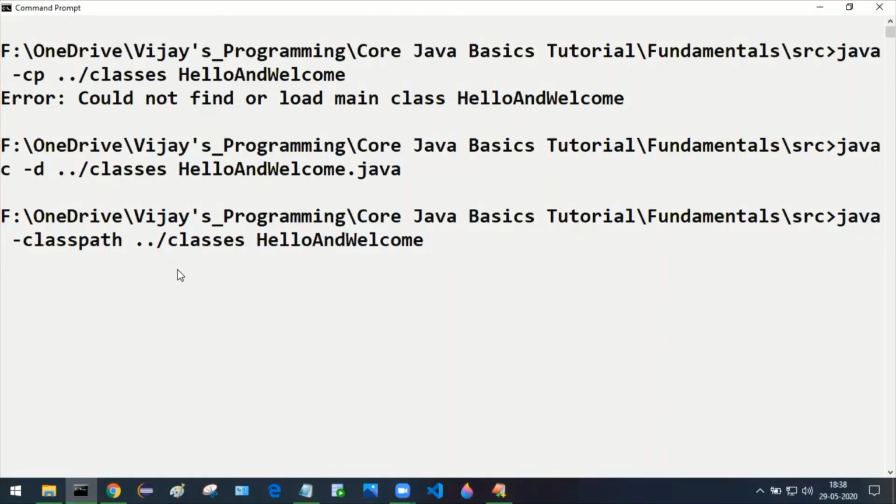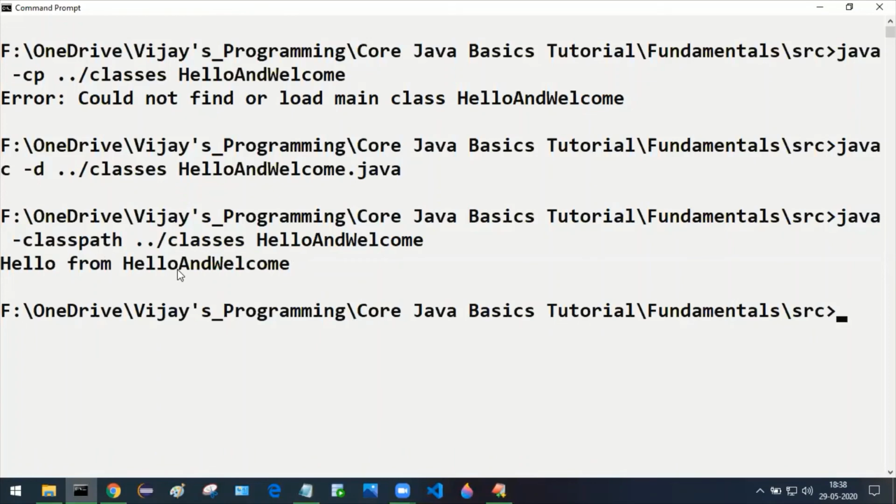Press enter, and here you can find our program output, that is hello from hello and welcome. We are executing it right from the src itself. We are not going to the classes folder. We have executed this program right from the src itself by using the class path or -cp option.